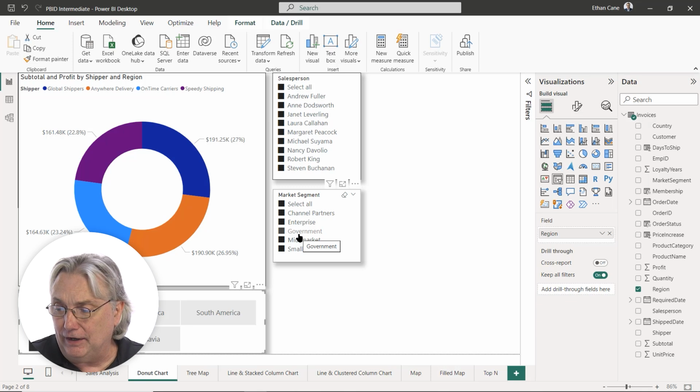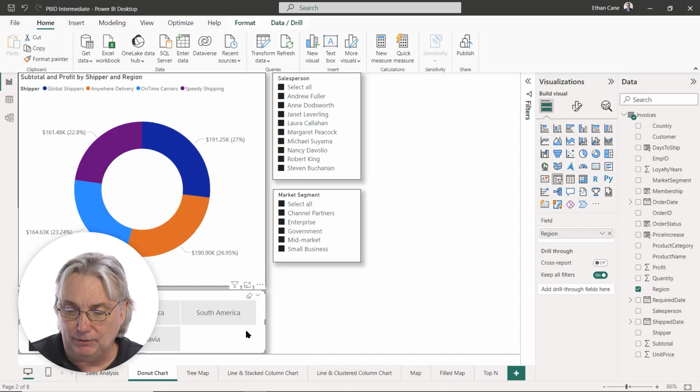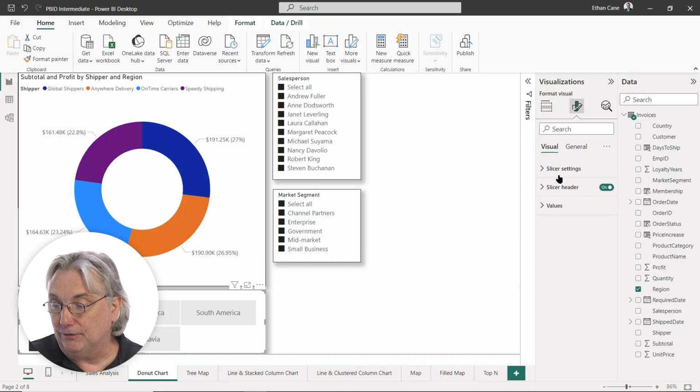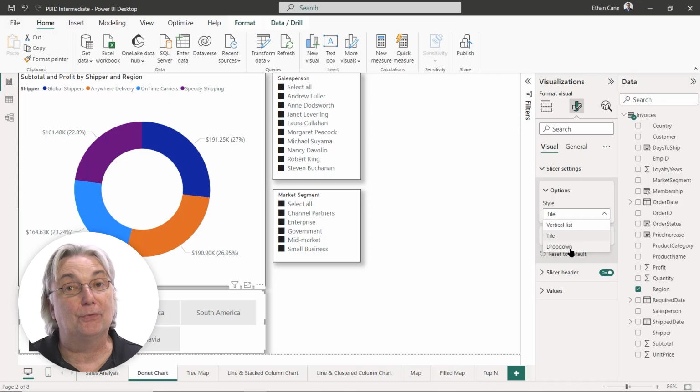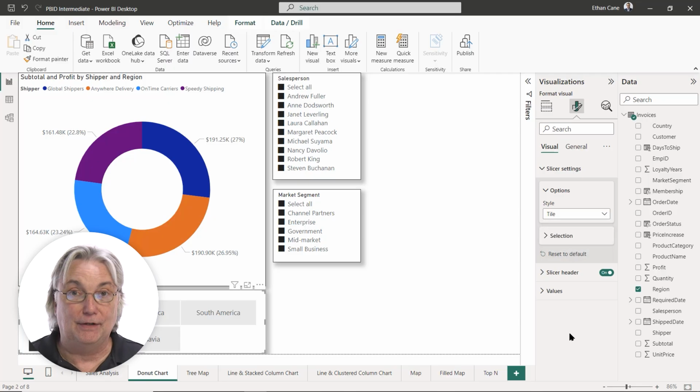You're also going to recall that the type of slicer that you get depends upon the data type. What does that mean? So for example, notice that because I'm over here for region, so let's select this. Because I'm in here for region, and when I look at my slicer settings, notice that I get vertical list, tile, and drop down, right? Why these three? Because I picked a text field. Had I picked a number field, I would have had the slider control and maybe one or two others in there as well, because now I'm working with